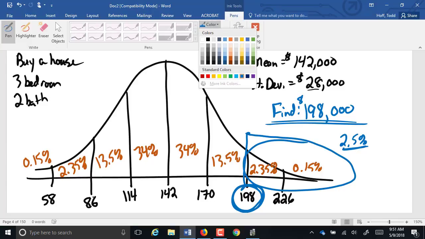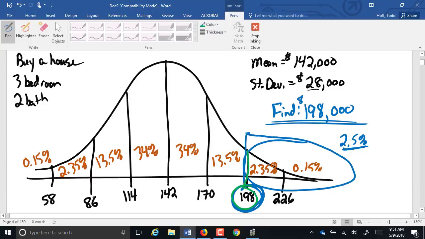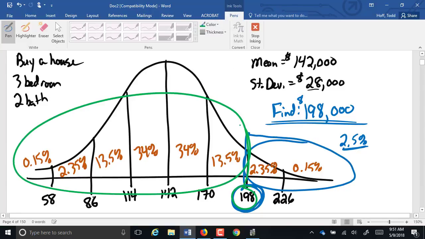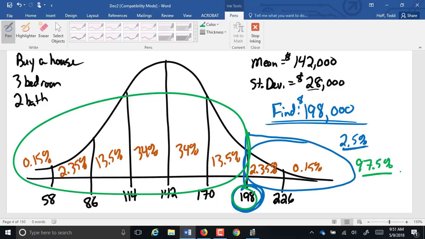Now, the other side of that, less than that price. We look over here. That's 97.5% if we add those all up. In other words, 97.5% of all 3-bedroom, 2-bathroom houses in the last several years have sold for less than 198,000,